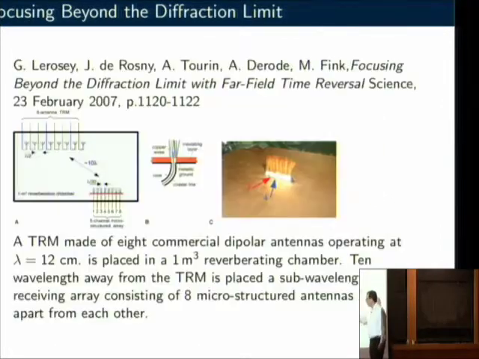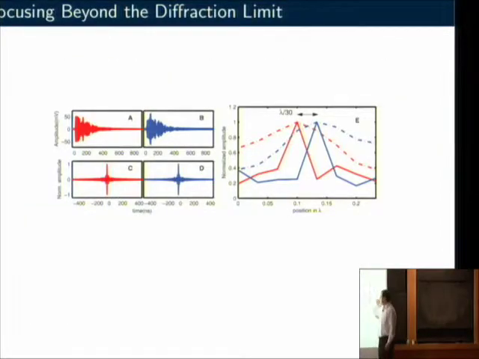Now my 8 points are listeners. And so this is what I get at the required time on the 8 microphones. And you see that even though they are lambda over 30, you can easily distinguish the one which was sent from position number 3 and position number 4. I mean, it's different peaks, much more than you would expect from your